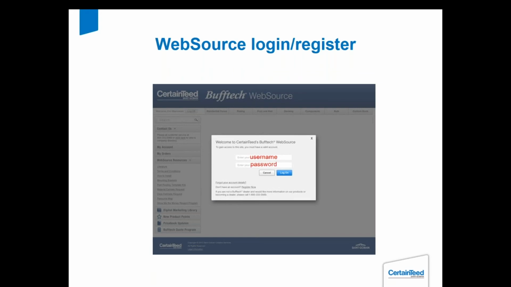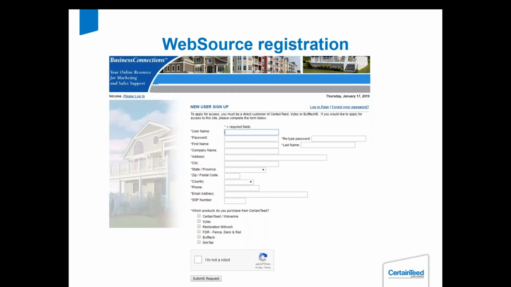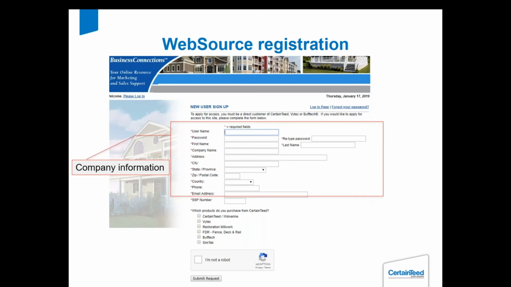you can just enter your username, enter your password, and log into the site. If you don't have a WebSource account, you can go to the Register Now. At this point, it's going to bring up this screen here where you're going to enter in your company information. You're going to enter in your FSP number, which is your Bufftech account number. It should start with a 1. And then down here, you're going to select Bufftech, say that you're not a robot, and then submit the request,